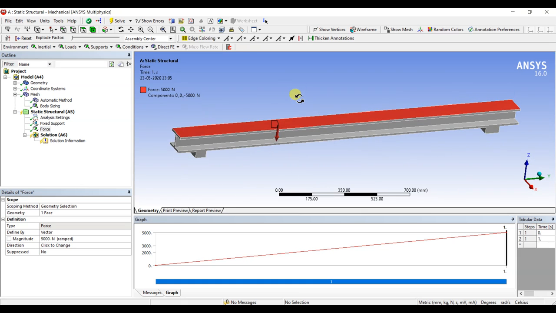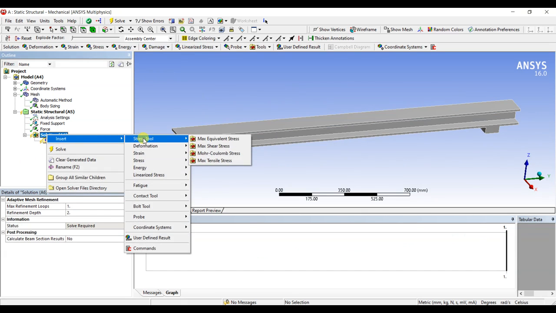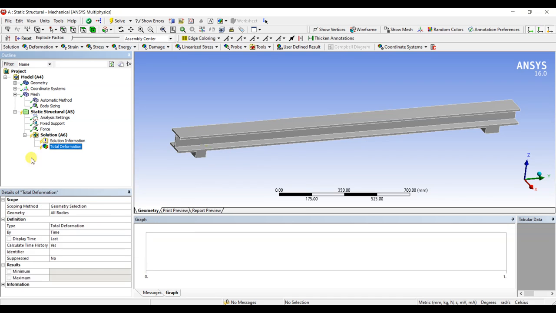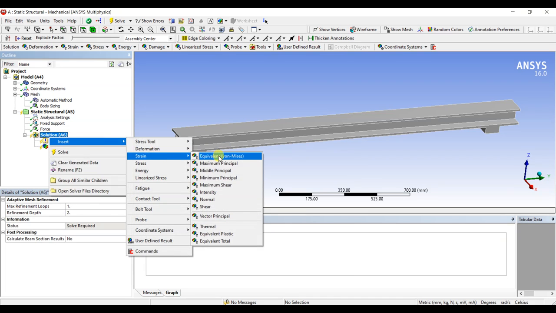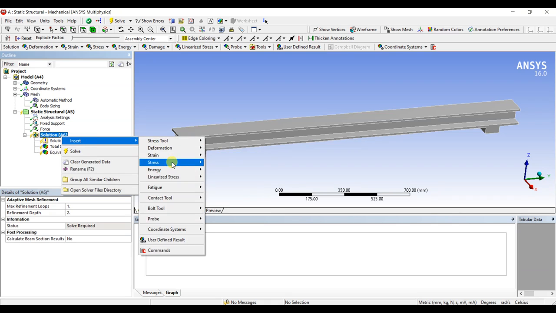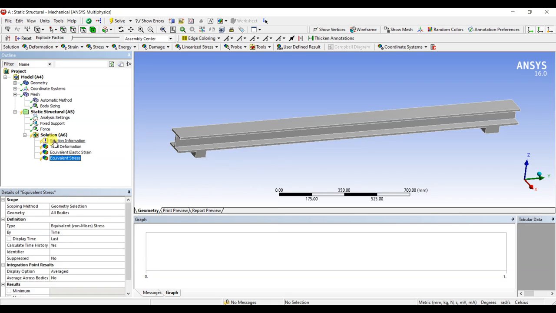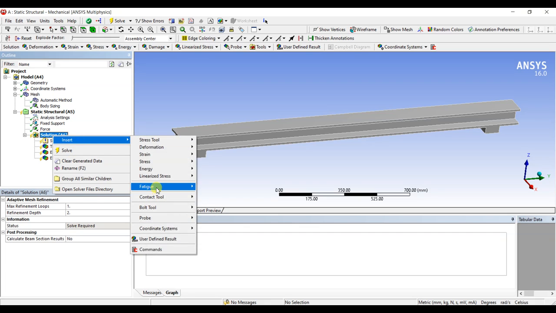You can explore more. Now what you have to do is, for the solution, insert the stress tool or deformation. Let us take total deformation, or let's take strain and equivalent von Mises stress. Let us take stresses, von Mises, and one more thing I have to take is the fatigue tool.